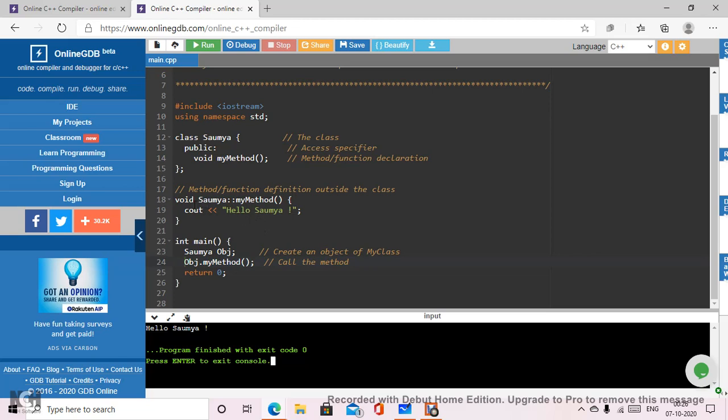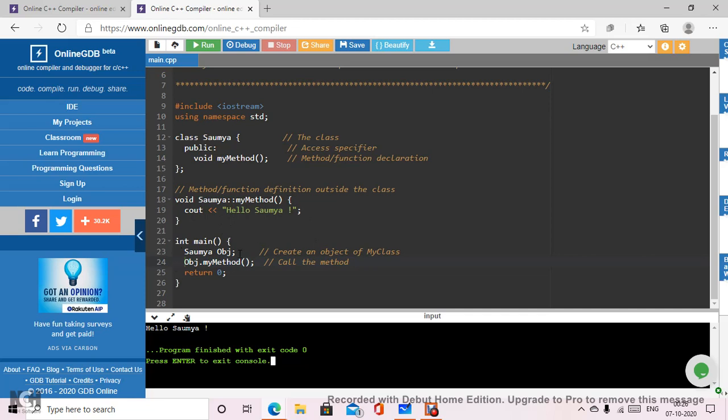For defining, as I said, we will be using the class name, which is Soumya, then the scope resolution operator, which is the double colon, and then the method name, and inside that we define what this method should do. The actual code will be written here.